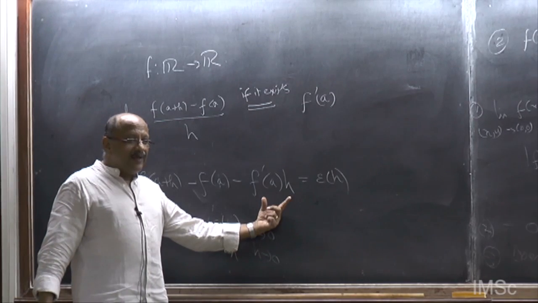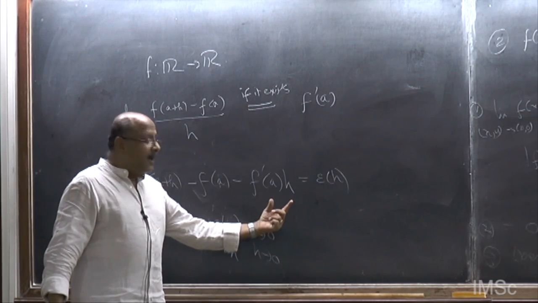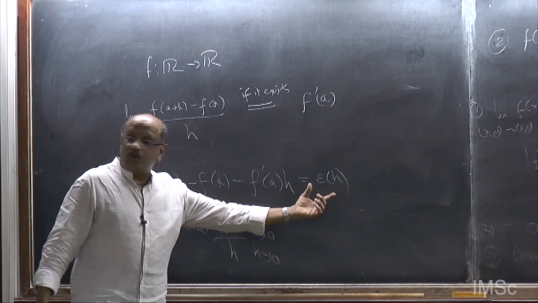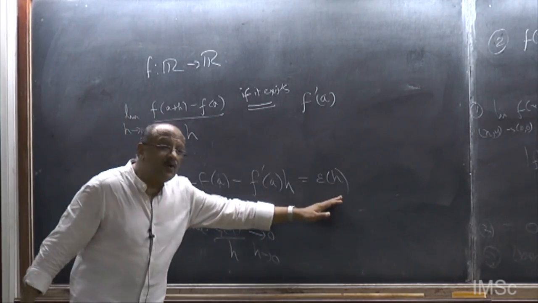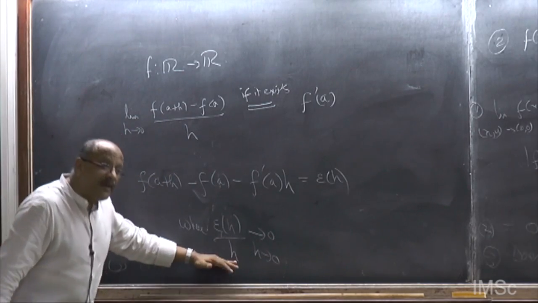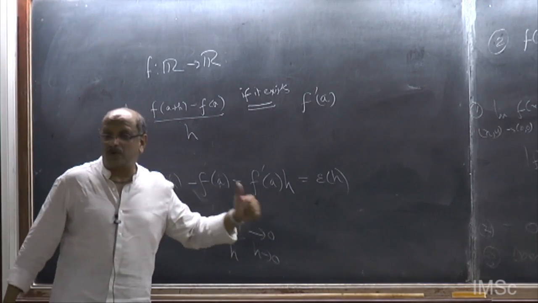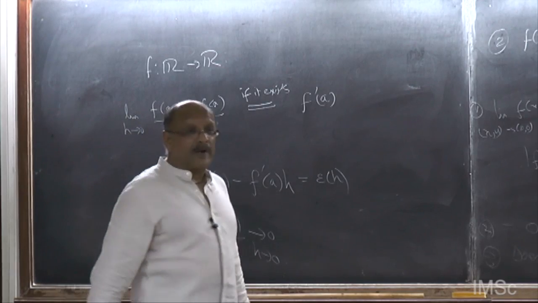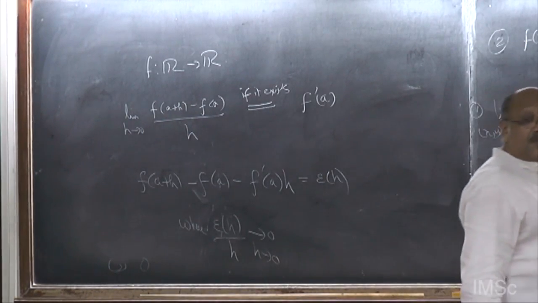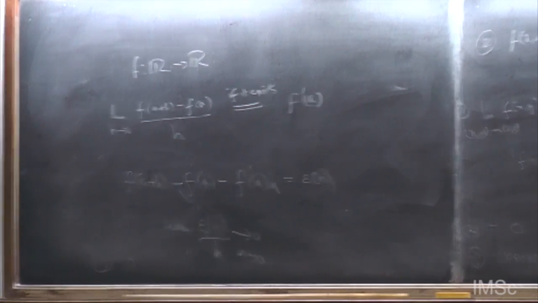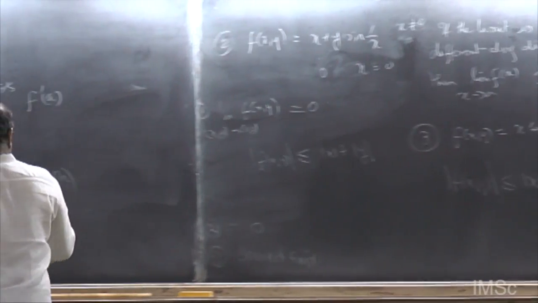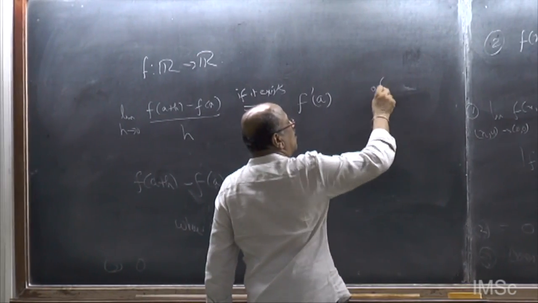straight line, the tangent, and then there is a small error which you make. How small must that error be? It is not enough if it just goes to 0, but as you divide by h, it must go to 0. So, this is a stronger requirement than just going to 0. It is not enough to be a small error, it must be a very small error. So, this notation I will give you when I say little o of mod h,